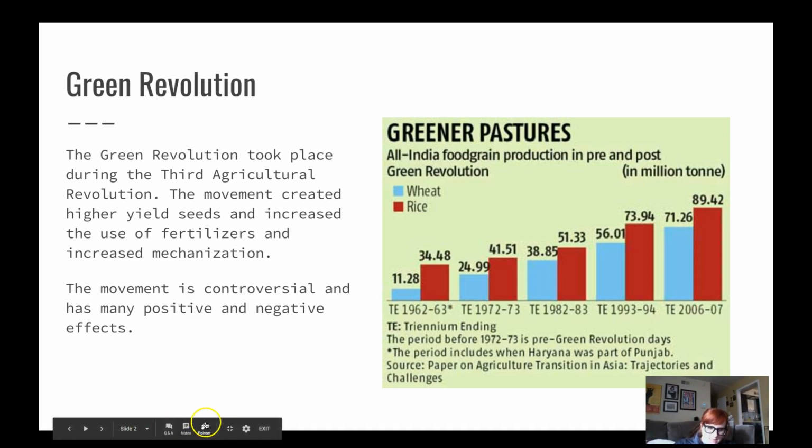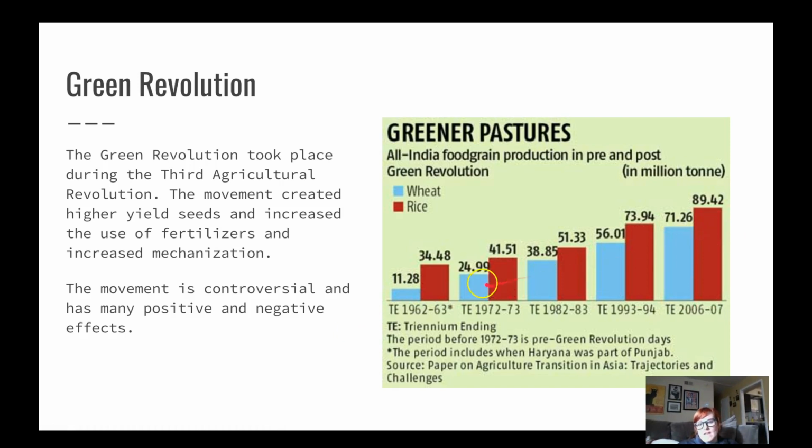And I picked this chart for you to kind of start to introduce what the positive effect was. This is India. This right here, this first measurement is right when the Green Revolution was beginning. And as you can see, over time, huge increase in crop yield, which is really important for places like India because we know that India is going to be the most populated country in the world here in the next few years. Their population puts a huge strain on the resources, one of which is food. So the more food they're producing, the better it is for India.